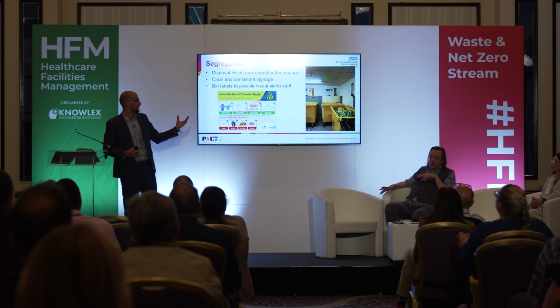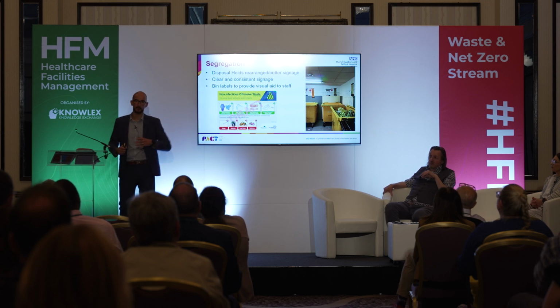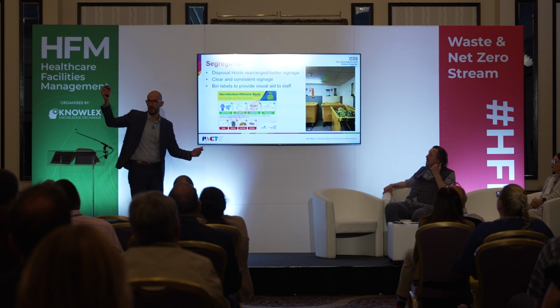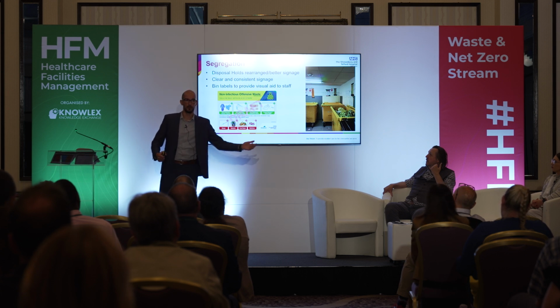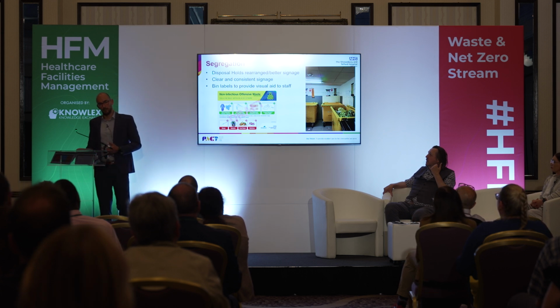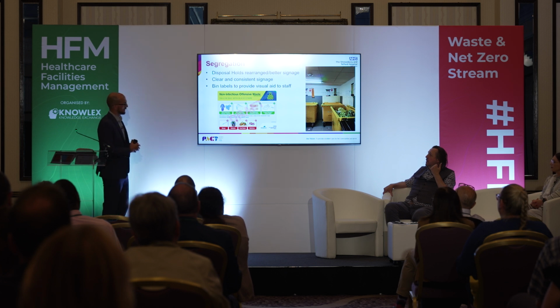And it was little things like that bin, for instance, on the far left for the infectious waste, that's behind the door. So as soon as someone opens a door and just throws in a bag, nine times out of ten it's going to be tiger waste, offensive waste. So it gives them that couple of seconds to just stop and think, and they have to go out of their way to put the infectious waste right behind the door. So it's a lot of behavioural change and just kind of forcing people's hand almost,